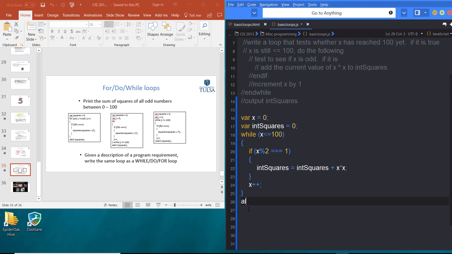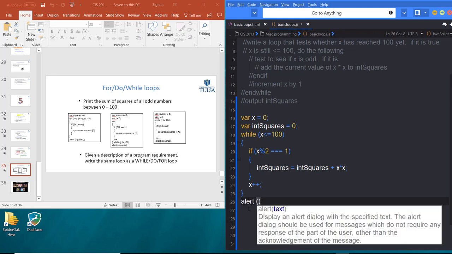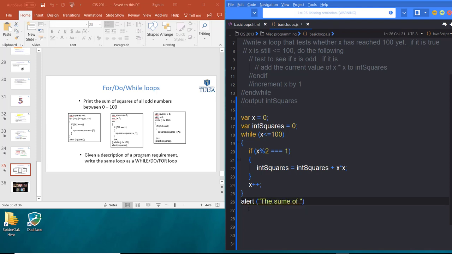and then we increment our loop control variable. Now we have all of our features. X is our loop control variable, which we defined. We test it, x less than or equal to 100 to continue the loop, and we incremented inside the loop to test that again to see if we are going to continue running the loop. And then a simple alert statement, sum of all odd numbers from 0 to 100 are, and then you just go ahead and concatenate that with int squares,